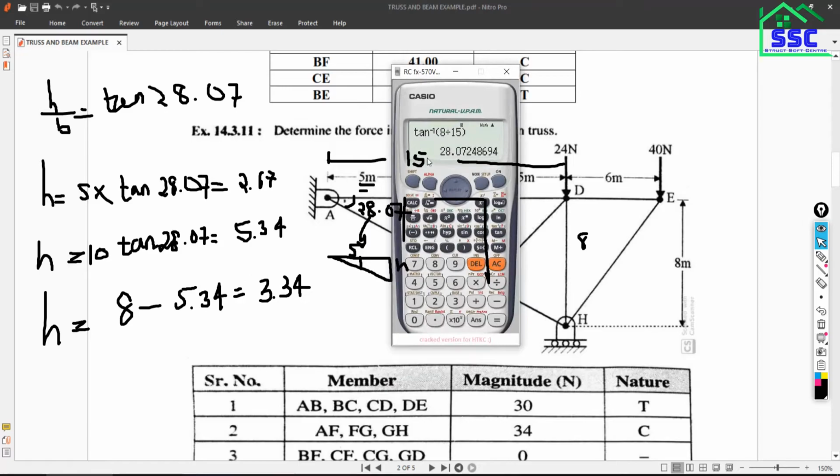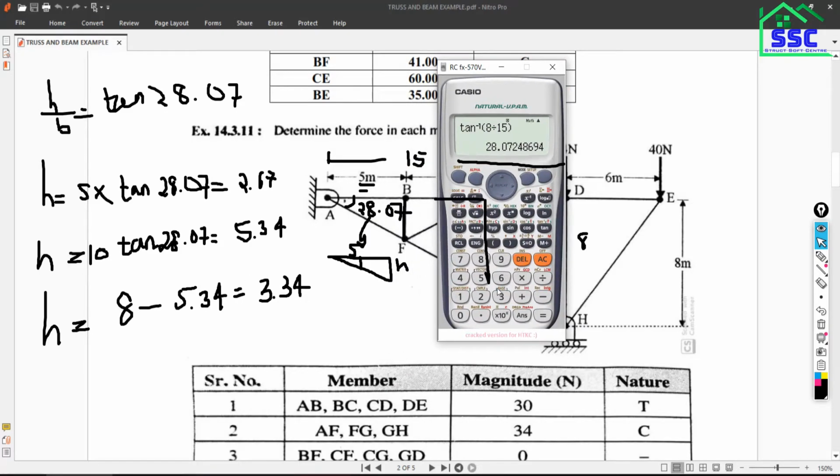Yeah, it should be 6 digits. See, 8 minus 5.34. This is 2.66. Check whether it is right or wrong.